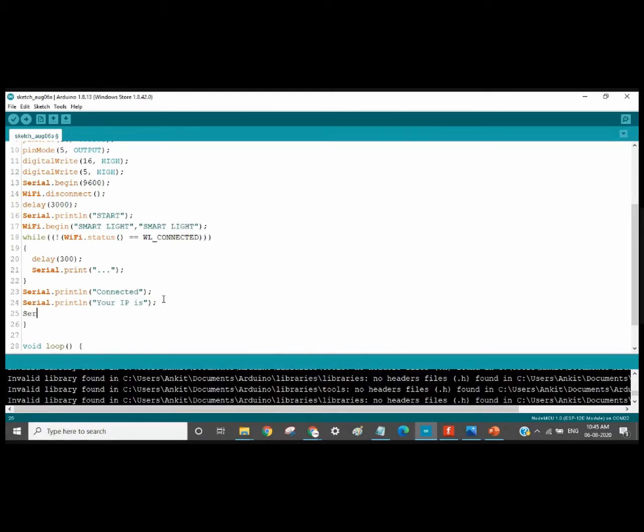Then we will write the IP which is allocated. We will print the IP which is allocated. This can be done by using WiFi.localIP().toString().